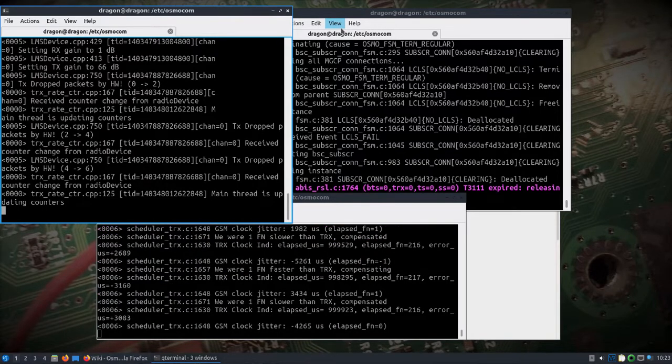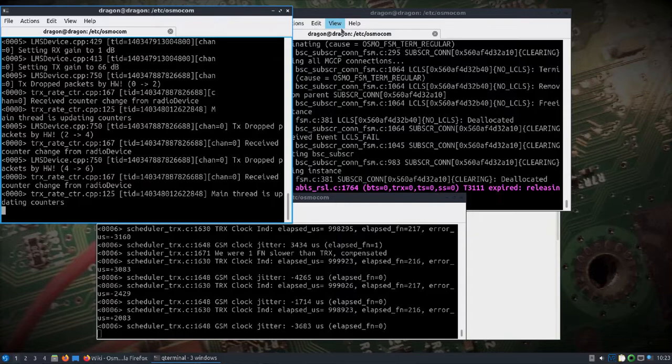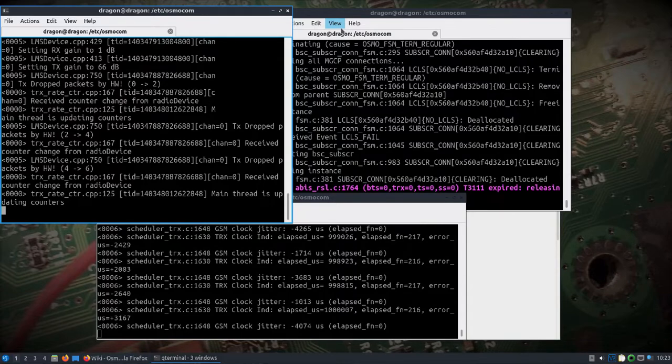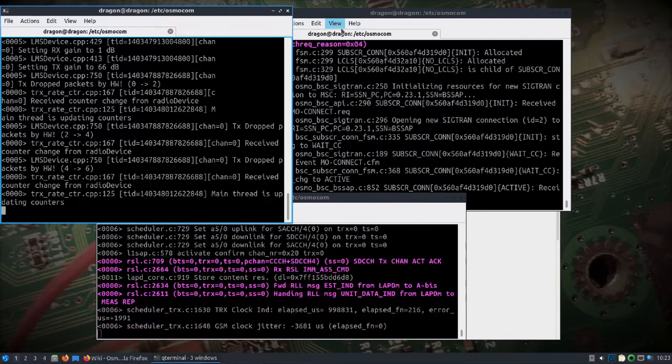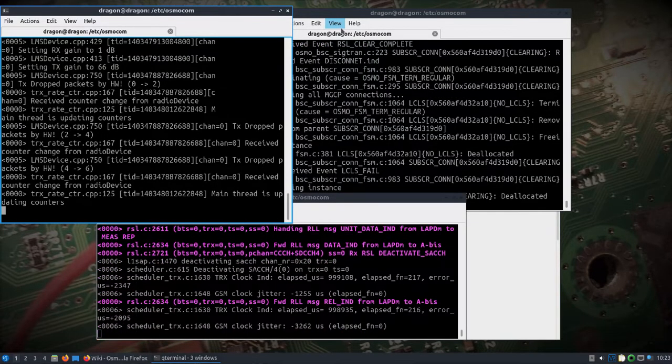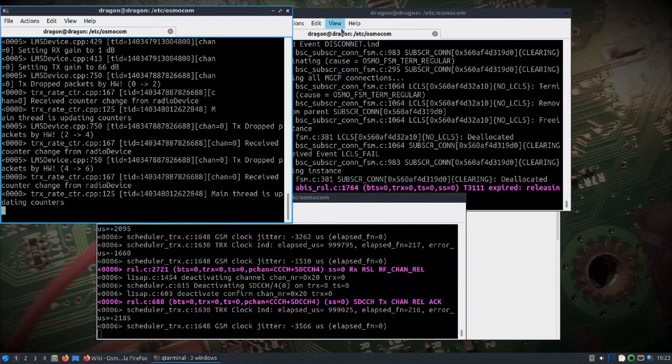And if I do, let's see, star pound 100 pound, I get my US